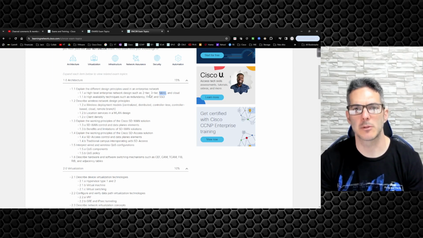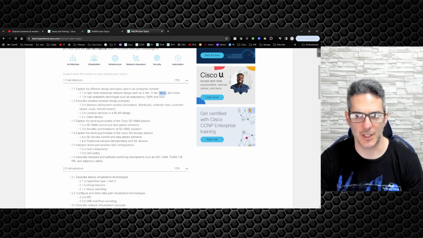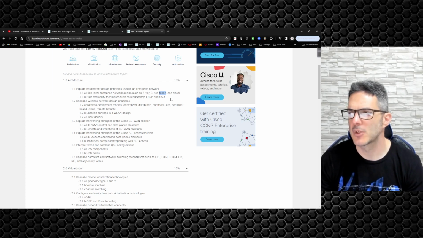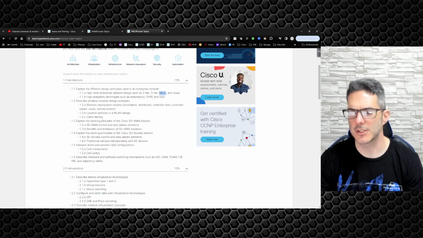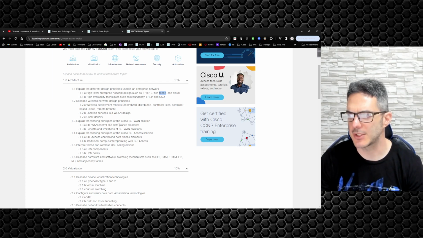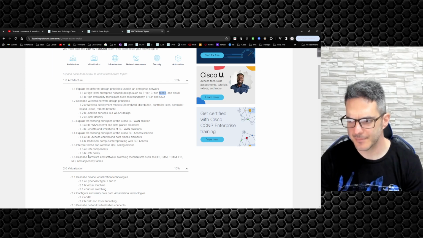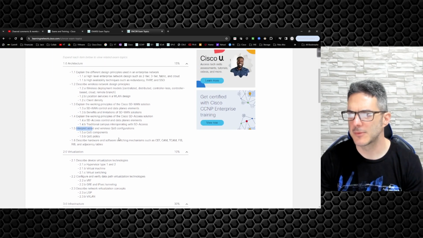And the data center fabric would be something like a spine leaf architecture. That's what they refer to that. And cloud. High availability, FHRP, stable switchover, things like that. And then we're going to skip over wireless because we're not focused on that. We're not going to look at SD-WAN or SDA. We will look briefly at wired QoS. And then, these are the things that you would want to focus on for main operations.